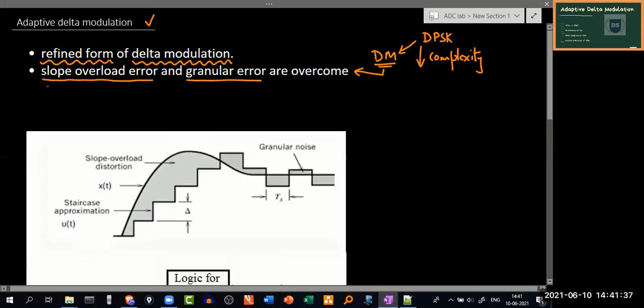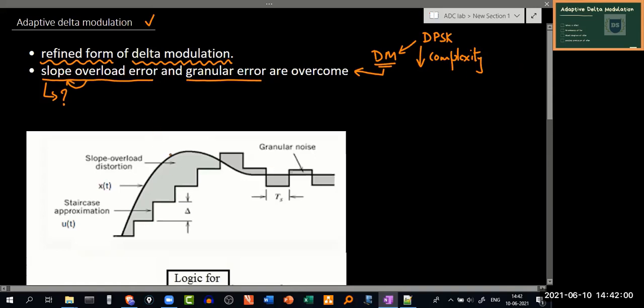Now let's see what this slope overload error is all about. As the name itself indicates, it's happening due to slope overload. Overload is something happening at a large quantity, and this large quantity is of what? Slope. So here, let me consider this diagram.